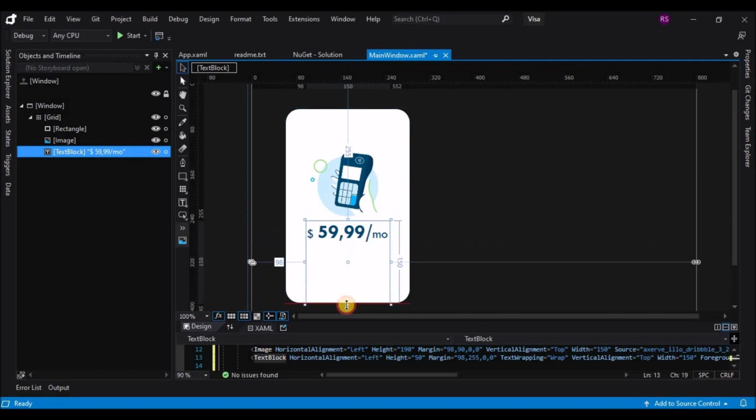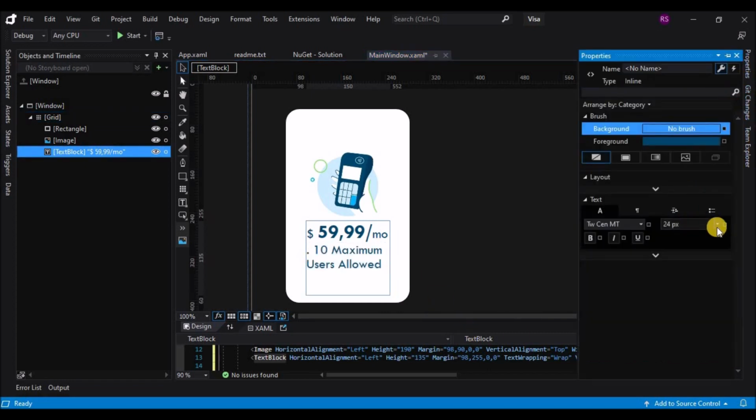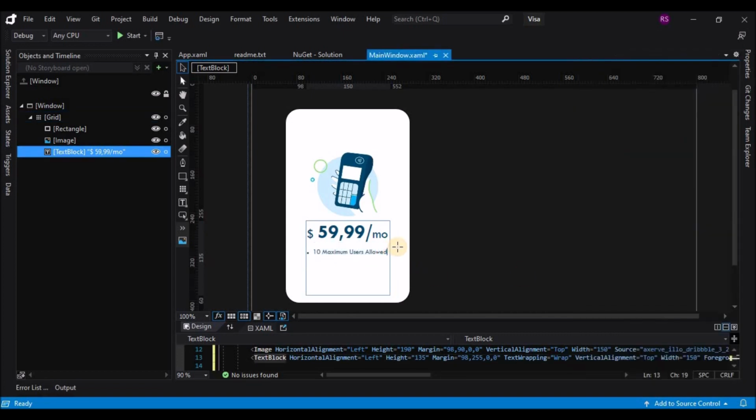Let's add some more text below this. Let's decrease the font size to maybe 12 pixels and let's copy and paste the same content and modify the text for the rest of the points.